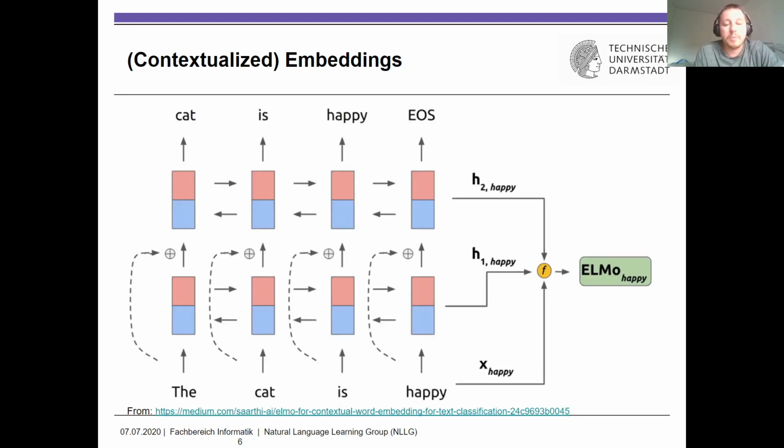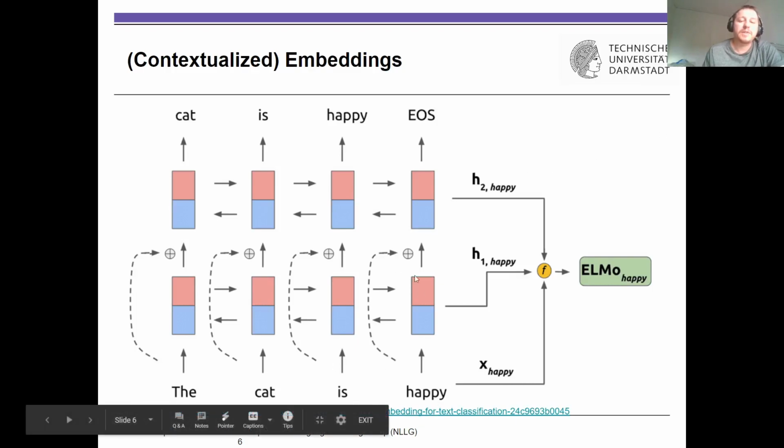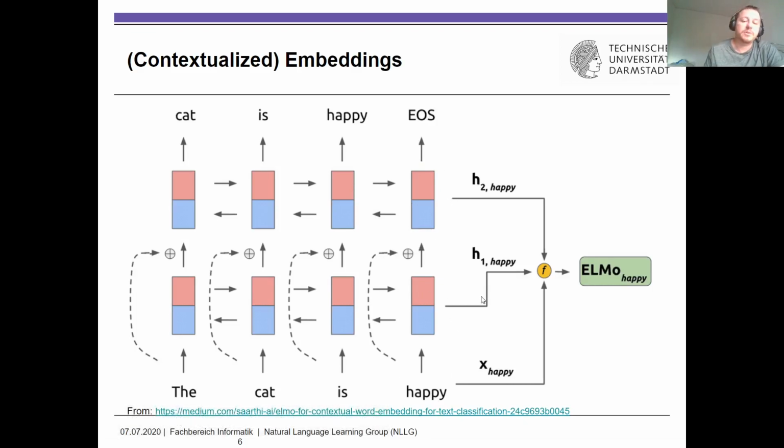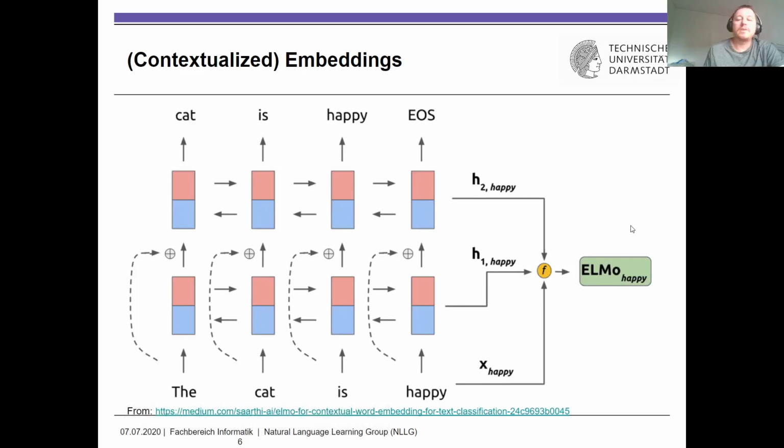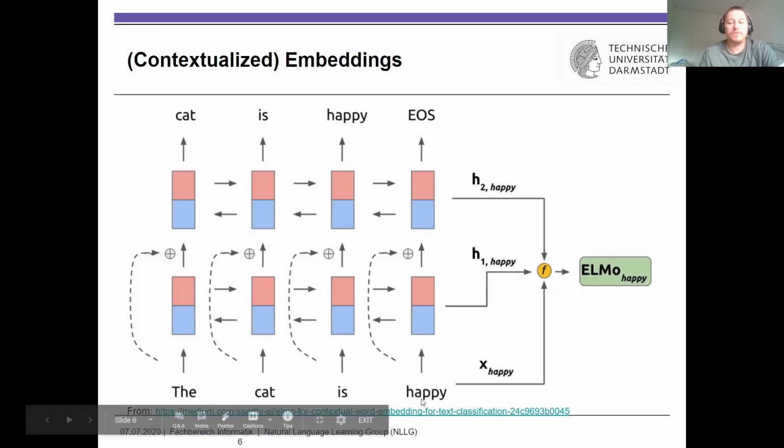That's how the ELMo model looks like. You have a language modeling task. So you predict the next word or you predict the previous word. You had two independent layers in this language model. And then depending on which position the word had, it would of course get a different vector representation, and you would concatenate those vector representations together with a static representation to get a final vector representation for this word